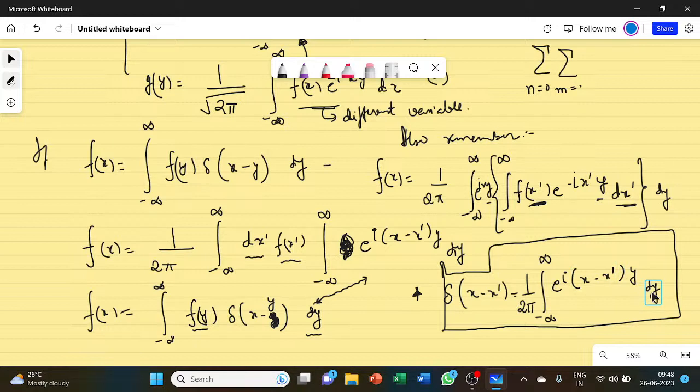So you have to compare both of these equations. See, f of x can also be written in this manner now. F of x can also be written in this manner. So if f of x can be written in this manner, what does it mean? It means that this must be some Dirac delta function, because if it is a Dirac delta function, let's say